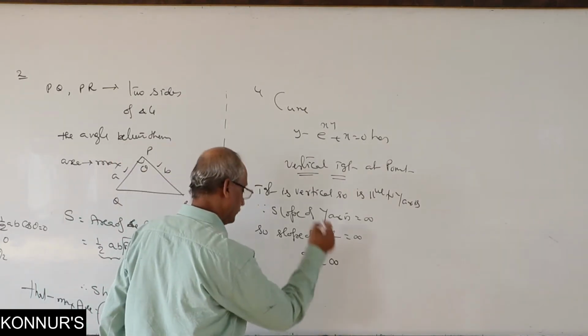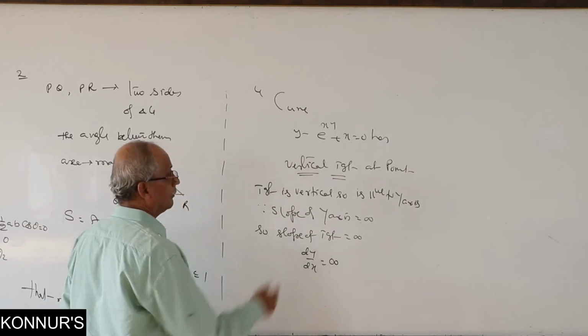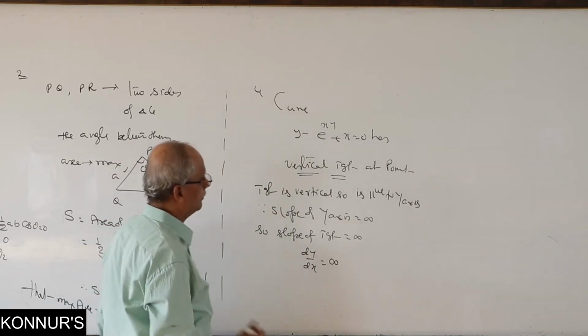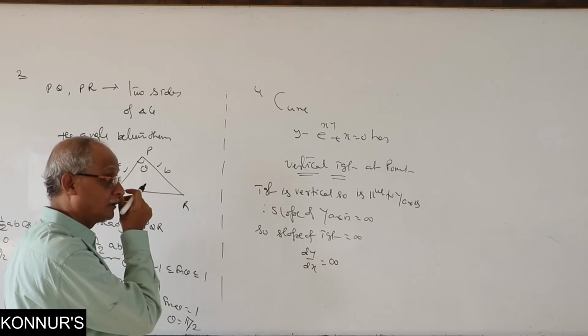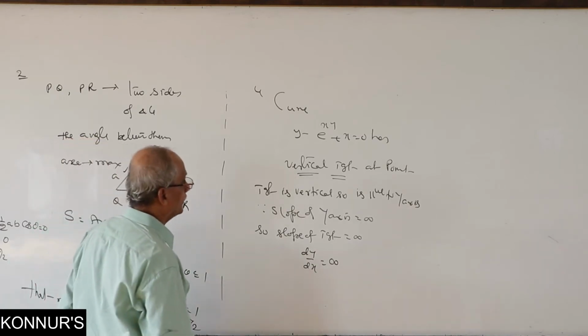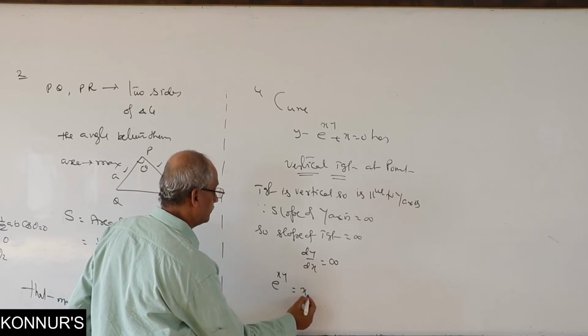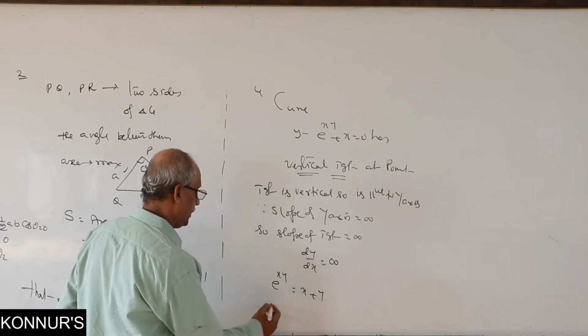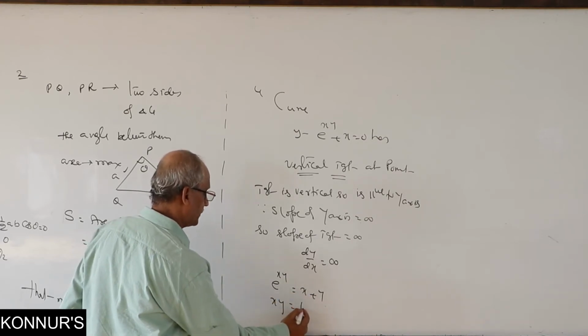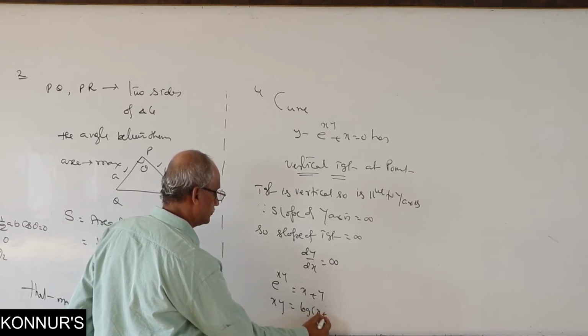Then we need the derivative, but the function is given in this way. We should simplify it into the simplest form. e^(xy) is equal to x plus y. By the definition of log, xy is equal to